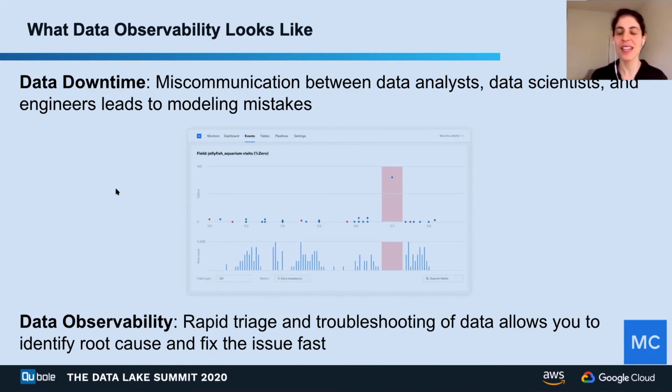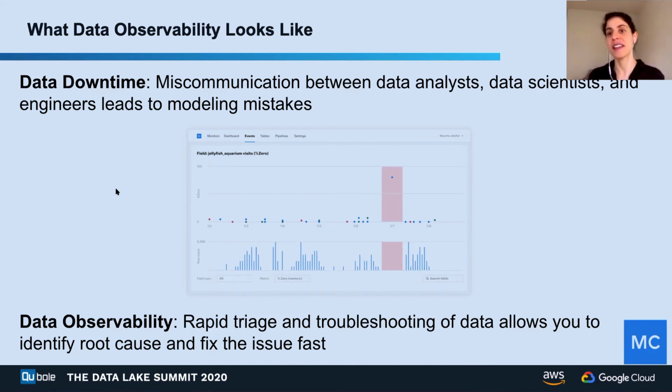Is it someone else? The sad thing about data downtime is that the longer the problem lingers, the longer it takes to fix. Imagine if you had the power of observability: you could know as soon as the issue was detected, and at that same time what the root cause was.